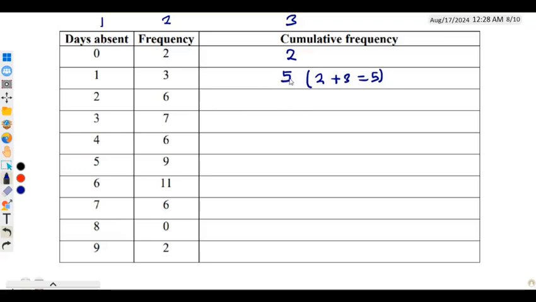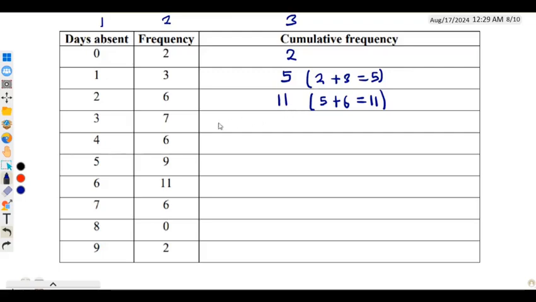The previous cumulative frequency is a 5. 5 plus 6 to give us 11. So we have said 5 plus 6. This is 11. So to find the next cumulative frequency under 7, we'll do the same, where we say